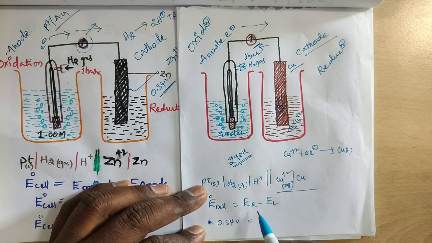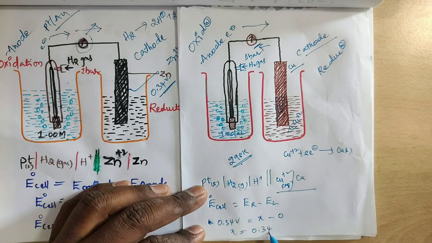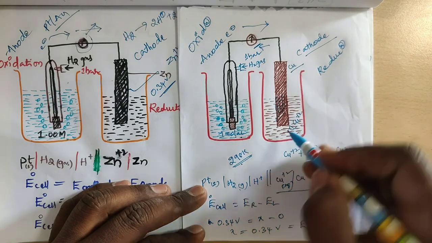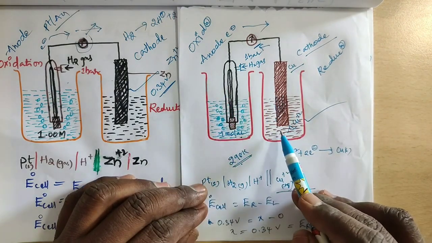potential appearing. But E right, we don't know the E right value. So you take X minus, and the E left value, as we already mentioned, is 0. So X equals 0.34 volts. So what is that X? E right equals 0.34 volts. So which value is this? This one, this value. So by using the standard hydrogen electrode, we calculated the potential of